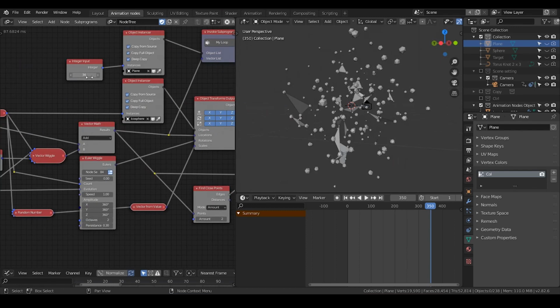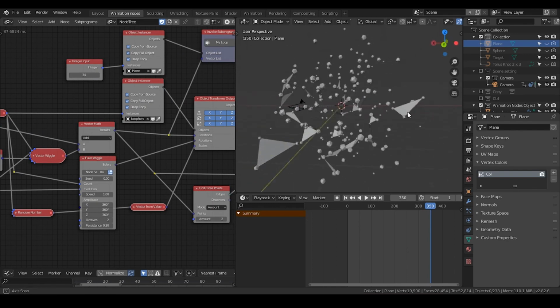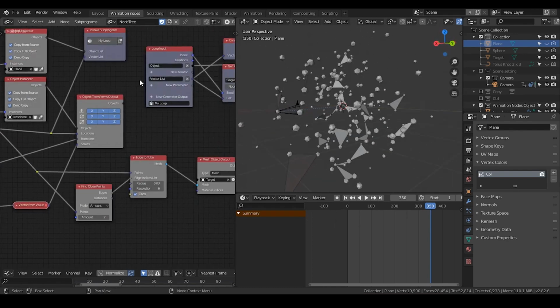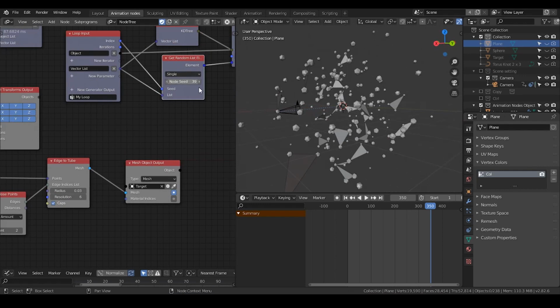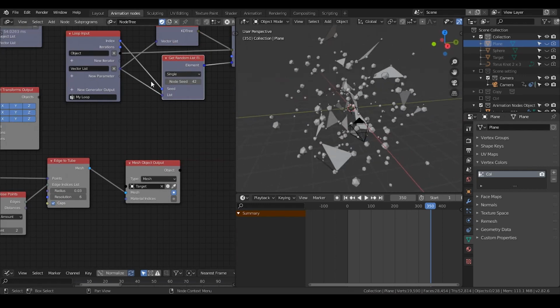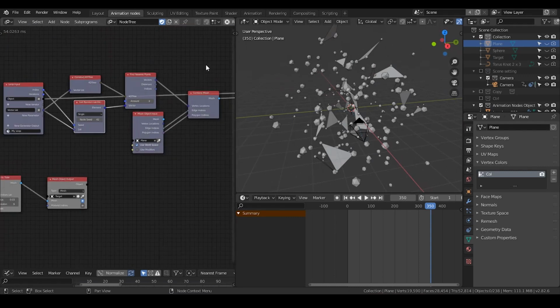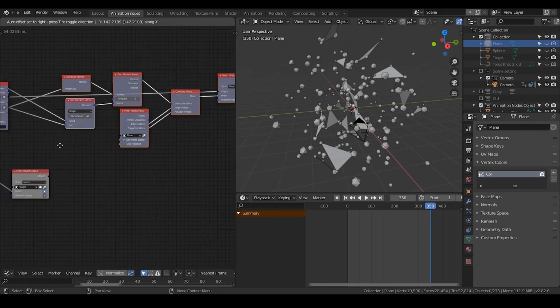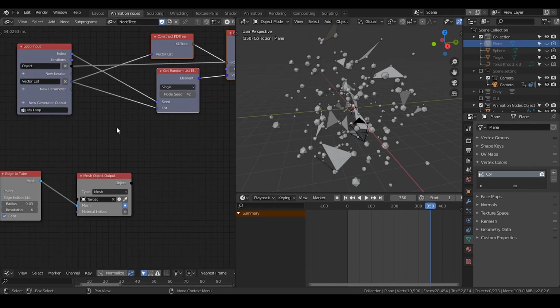45 may be too much. So anyway, it just generates many points. And again, you have the seed, so you can change the node seeds. It's completely procedural. One thing I have to remind you is that you can take a float math,